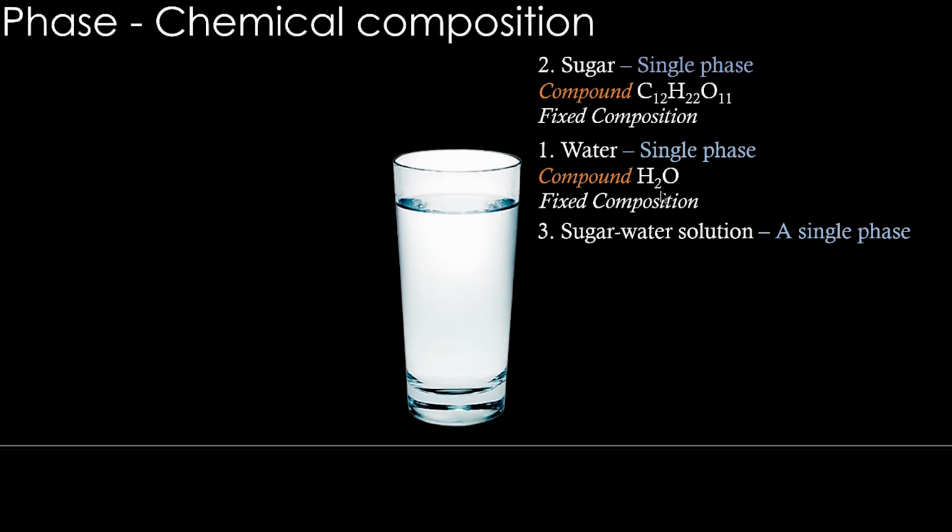What if we add more sugar? Dissolves. Even more sugar, it dissolves. So up to what we can keep on adding sugar? This solution can have anything above 0 up to 220 grams of sugar in 100 grams of water. And of course, this is at atmospheric pressure and temperature. So there is a range of composition possible here, meaning 1 gram of sugar or 220 grams of sugar. All of them are called sugar water solution. Okay? So the solution can have a range of composition. So the compounds are having fixed composition and the solution has a range of composition.